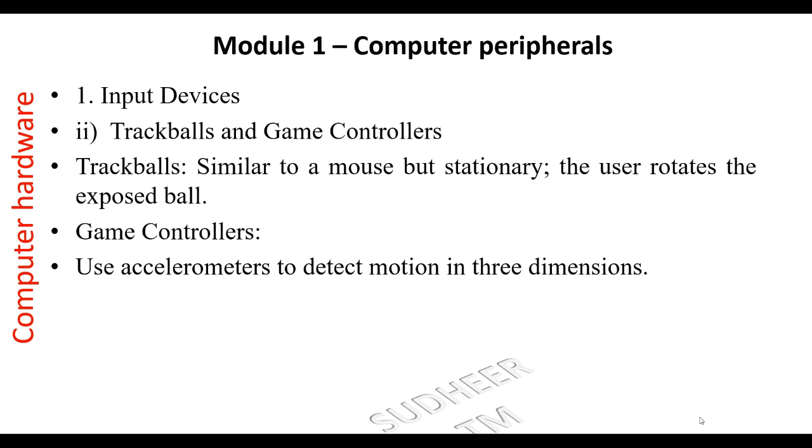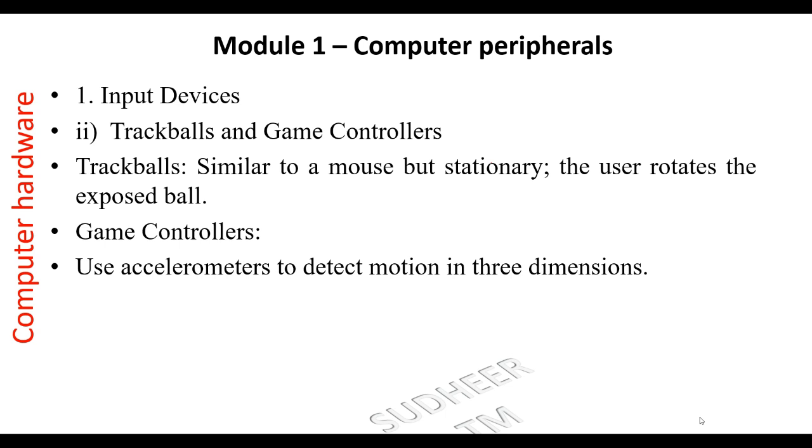Okay, that is correct. It uses accelerometers to detect the motion in 3 dimensions. Okay, so inside it there will be an accelerometer. Using the accelerometer, we can detect rotations in 3 axes, whether it turns left or right. So everywhere while I am tilting my game controller, that accelerometer unit and sensors produce different levels of